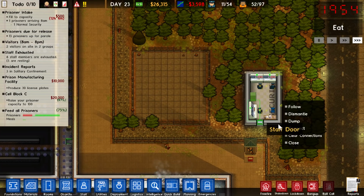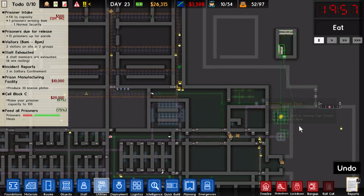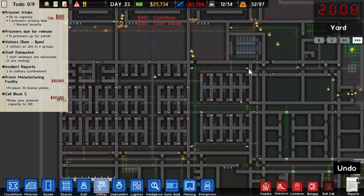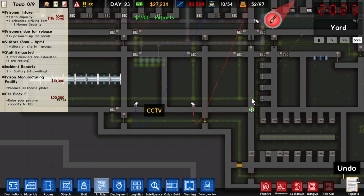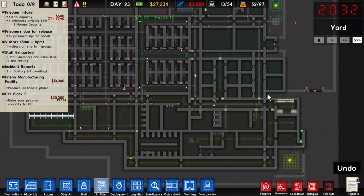These guys are in here doing a fantastic job. I can actually go ahead and connect this up to more CCTV. So what we'll do is hook it up to there, hook it up to there. We'll hook it up to there. We'll hook it up to those three. And maybe the jobs as well. So there we go. I don't think I can actually...